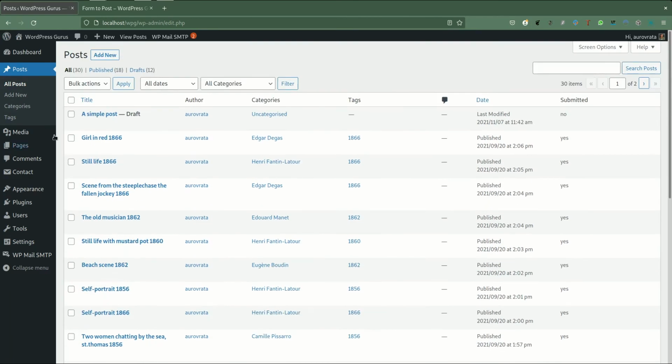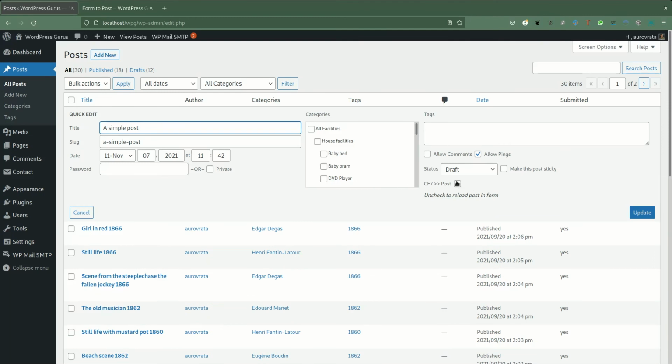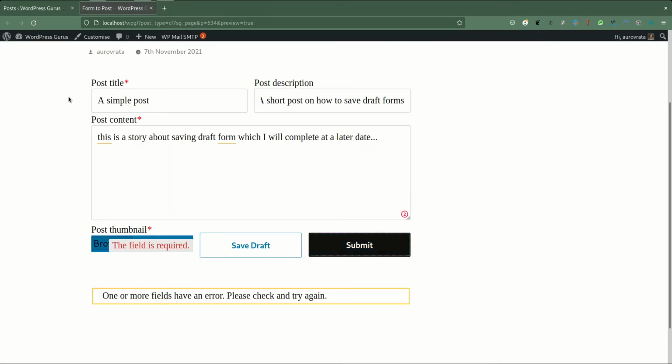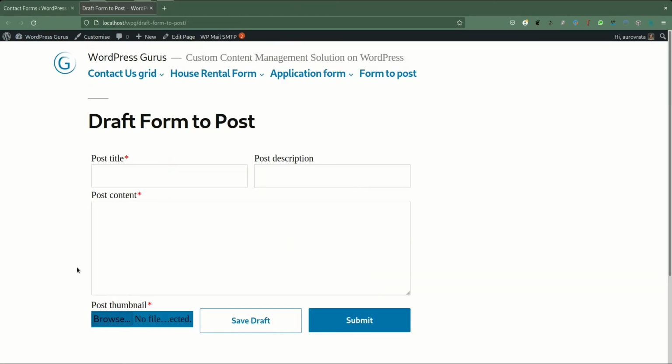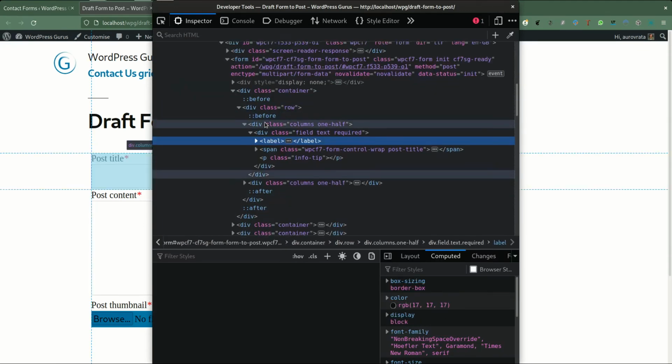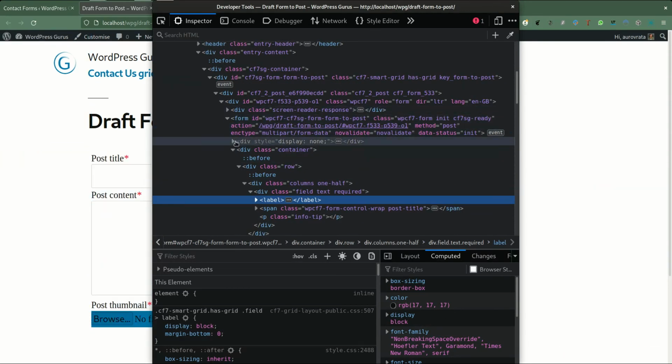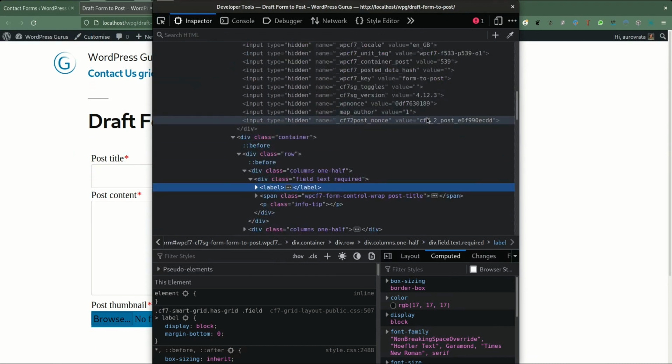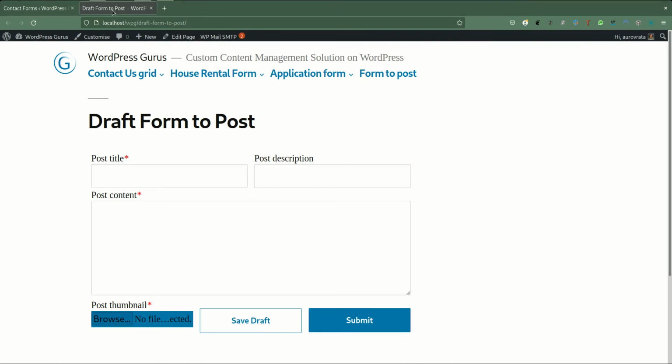So here, for example, this is unchecked, and that's because currently this form has been submitted as a draft mode. Now let's see if I was to refresh this. We refresh this page now and see that the form is completely empty. And if I was to actually inspect this and look at the hidden fields of this form, you see that the post ID is no longer being loaded into the form. The hidden field, the post ID, is no longer being loaded in the form, and that's basically because in the